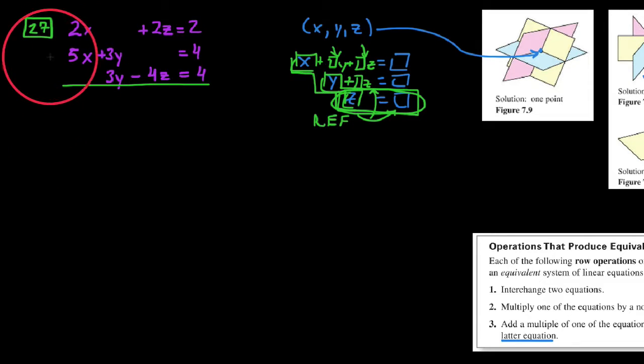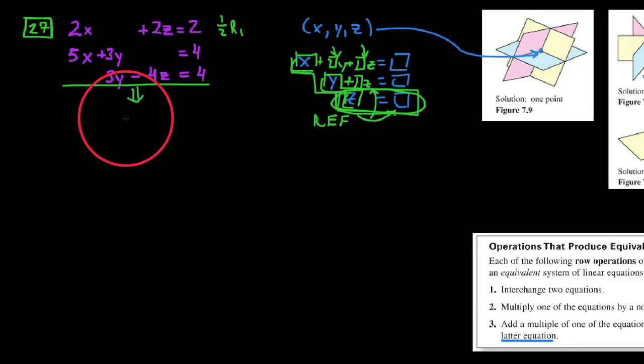So my goal here is going to be, and I'm going to write my step over here on the right, but we always write our work here. I'm going to take 1/2 and multiply row 1 by a half, where this is our first row. What this does is produce a new system that is row equivalent to the original, but